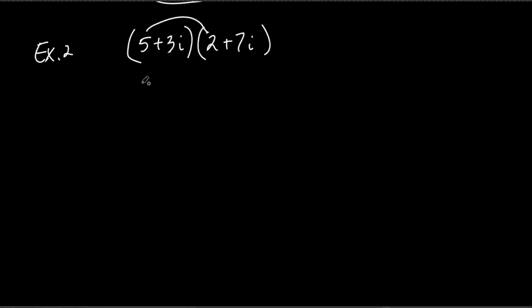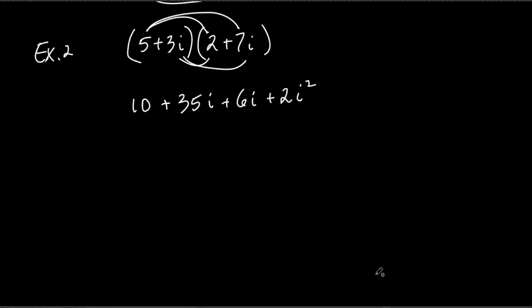So 5 times 2 is 10. That's the first. Remember first, outside, inside, last? That's the first. The outside is what? Multiply them together. 35 what? i. Okay, that's the outside. Now we do the inside. What's that? 6i. And then we do the last. Now, we've got to be careful with this, and I'm going to show you something before we get to this that we can do. I should have shown you this earlier, and I just forgot. So what do we get? Plus what? 21i